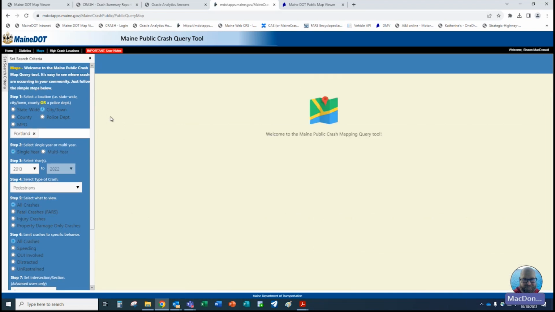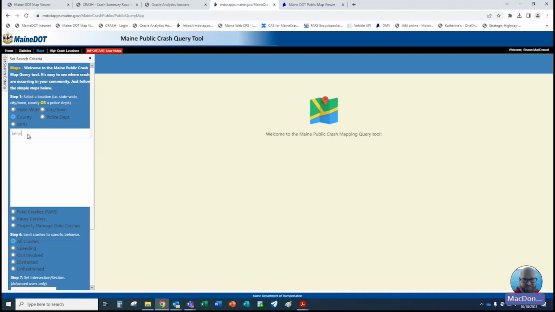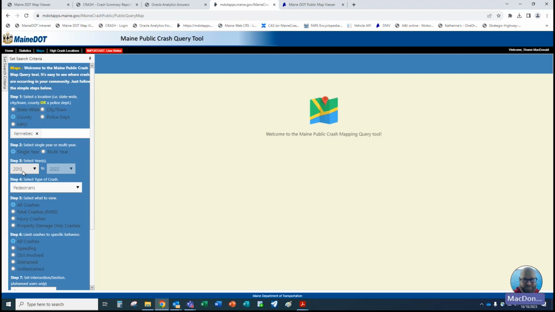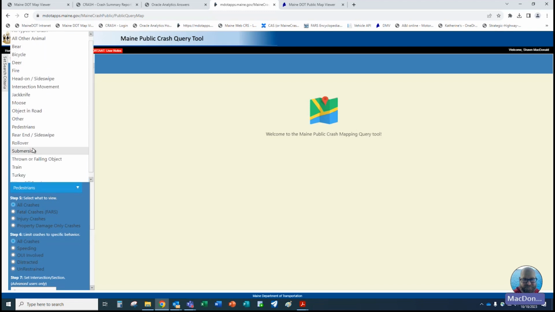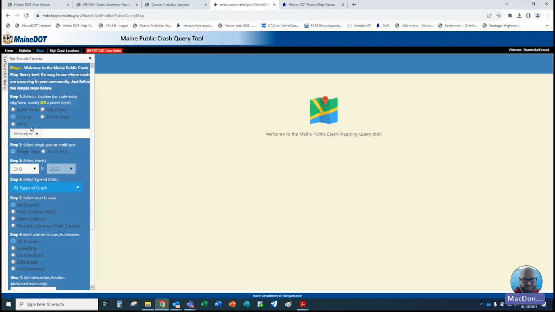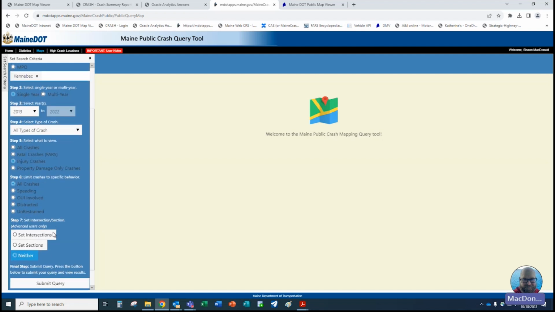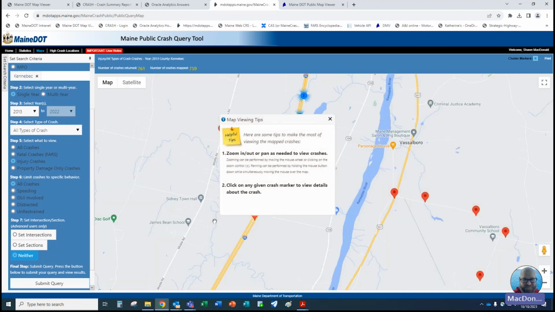So we'll move to the maps. Let's do maybe, so we'll do a county one. Do Kennebec County. Let's do, say, maybe we'll do a 10-year again. We've already got that set. I don't think I want to specify the type of crash on this one. And let's do injury crashes. I think we did a similar one to this when we did our other data.